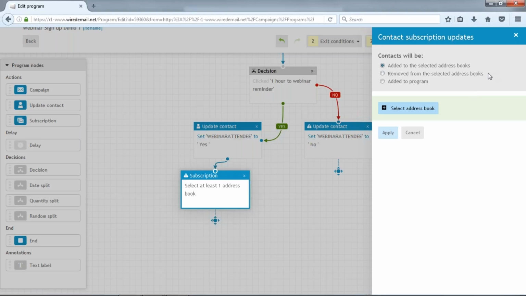So we can add to selected address books, remove from selected address books, or add to program. Add to selected address books would be if we had an address book that said attended December webinar campaign, that sort of thing. Remove from selected address books would be really good for removing people from contact address books, such as re-engagement campaigns. So if you're sending an email campaign out automatically that says, we appreciate you've not opened